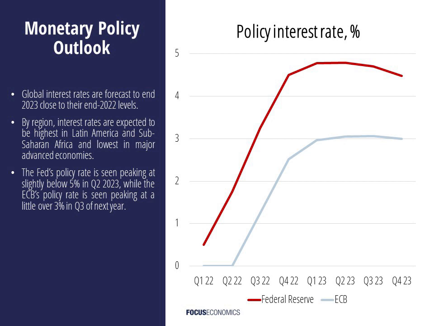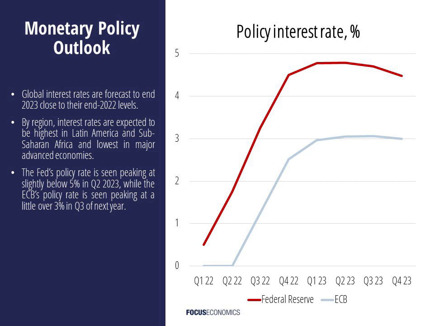Global interest rates are forecast to end 2023 close to their end 2022 level. Weakening economic activity and easing supply pressures should allow most central banks to end their tightening cycles within the next year. By region, interest rates are expected to be highest in Latin America and Sub-Saharan Africa, and lowest in major advanced economies. Looking at key central banks, the consensus among our analysts is for the Fed's policy rate to peak at